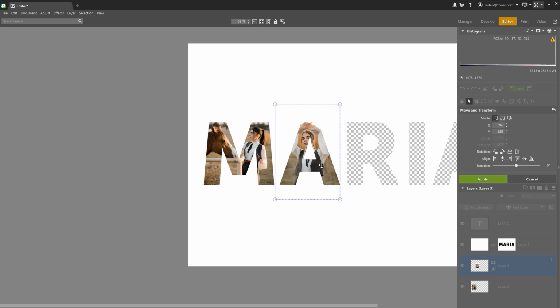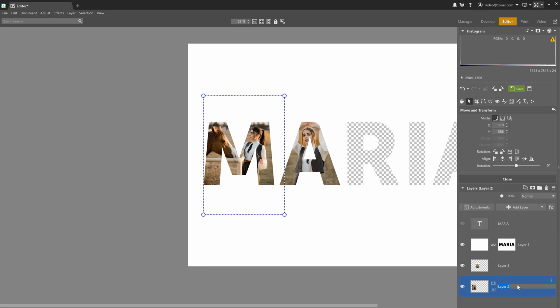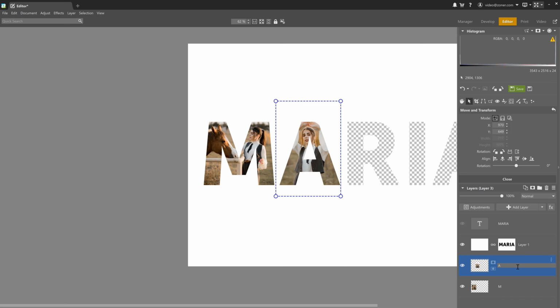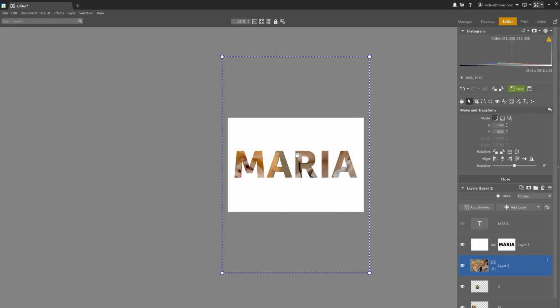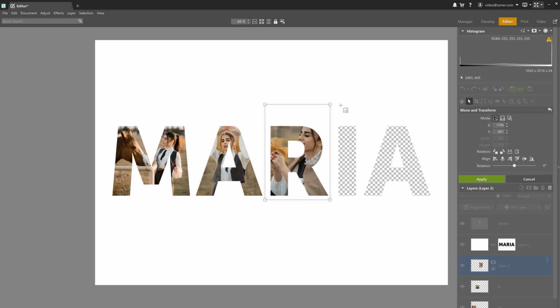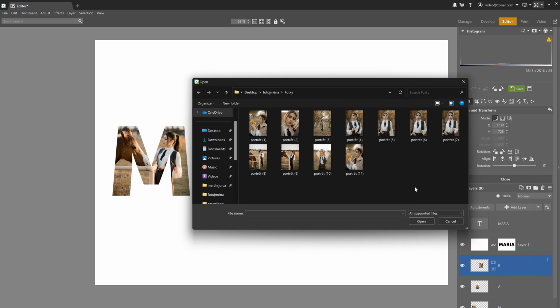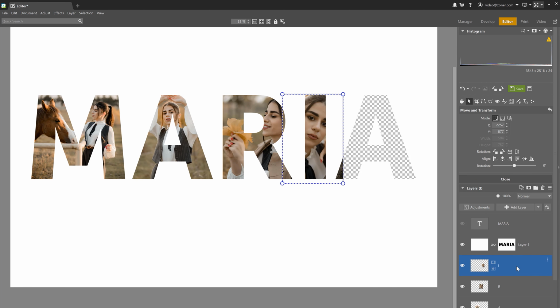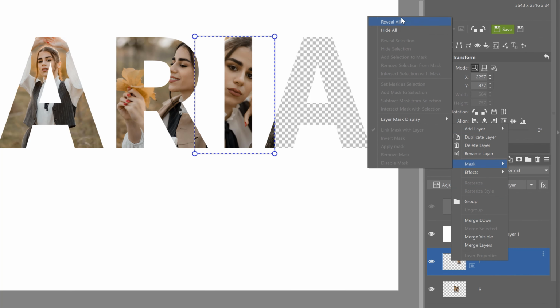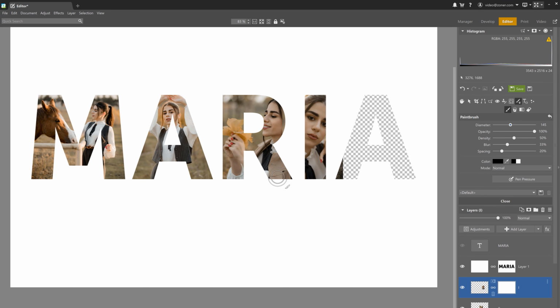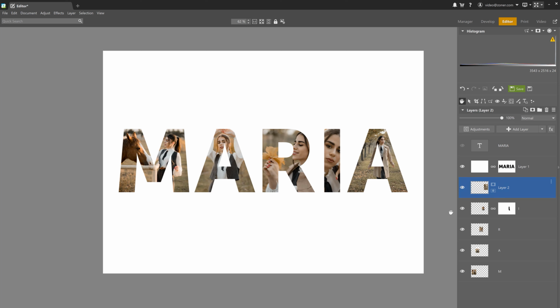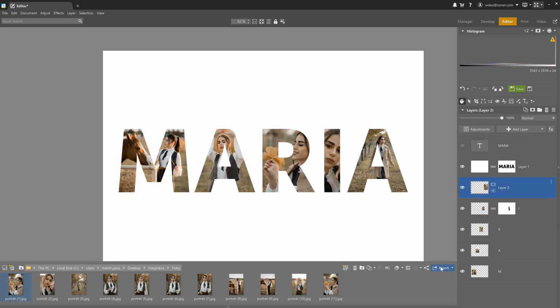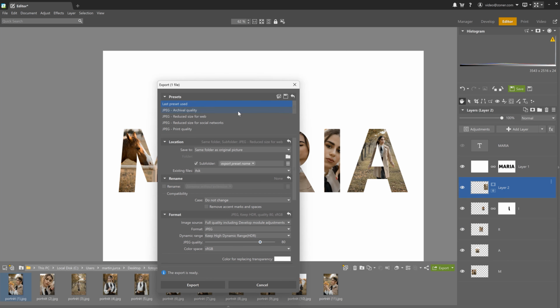Now I recommend renaming each photo layer. For example, rename it to be the actual letter in which the photo is, because the photo may overlap with the letter next to it and then cover another photo. So the easiest thing to do is just to move the layer below the one that it's covering. If your layers are named, you'll know where to move each layer. Another option is to add a mask with Reveal All to the layer that overlaps, and then use black paint to hide the part of the photo that overlaps. All right, and we're done. And now all that's left to do is to export and send to print.